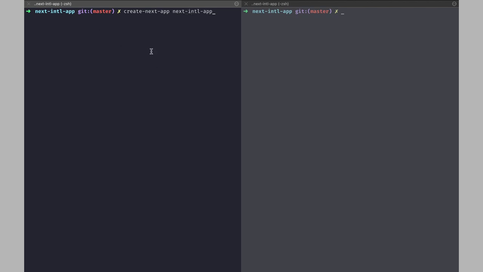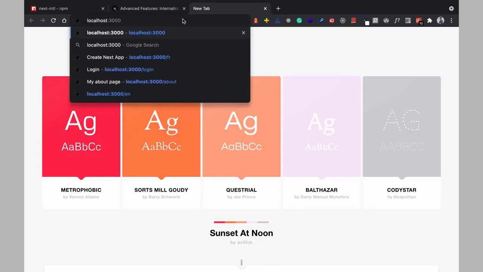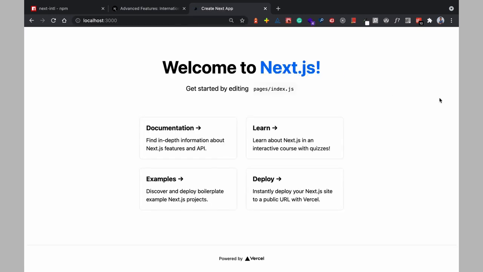So when you run this command, this will install the necessary dependencies for your next-intl app, and then you can change your directory to this. Now when I run npm run dev, the development server,